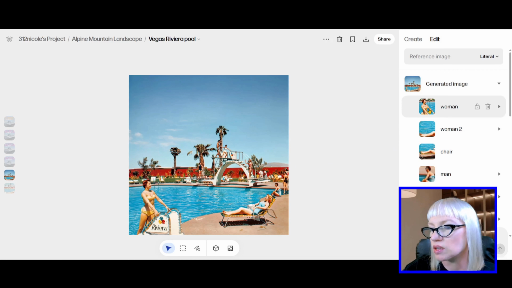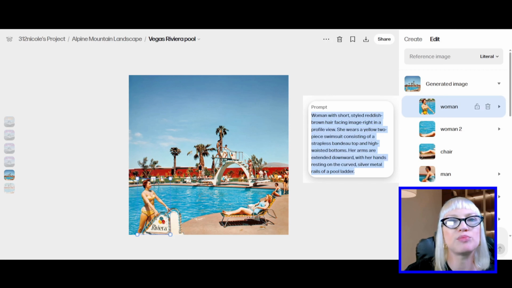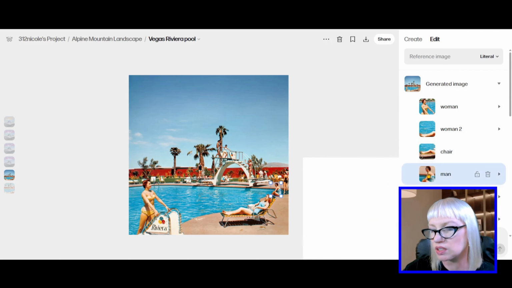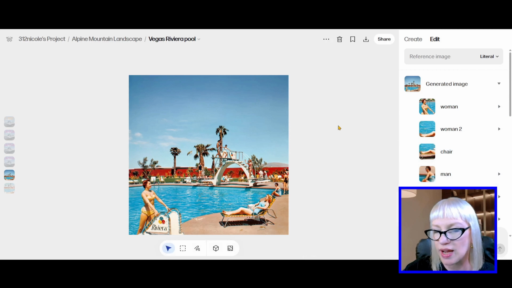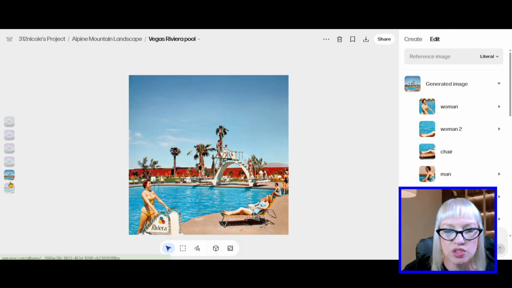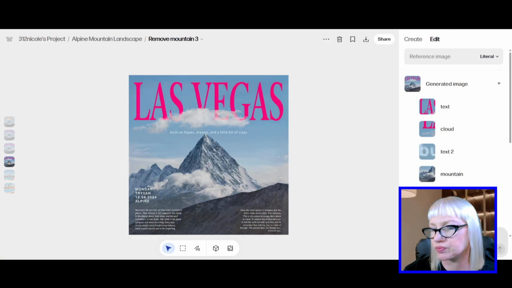It did create different individual layers for each of these things. So woman number 2, I can change that right here. I can put her in a red bathing suit. I can have her doing a backflip. I can change whatever I want directly in these prompts. I can delete or add anything that I want, and it won't mess anything else up. So I'm going to go back to this one, which is where I messed up with the last prompt, and do a better job at prompting and say,